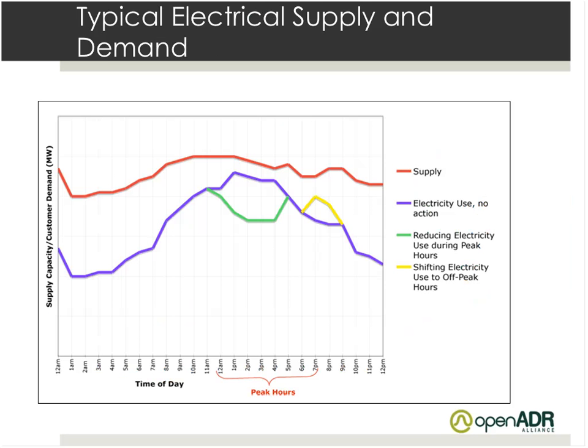So the electric utility industry has, over the years, focused on first demand-side management and then demand response as a core technology for essentially shifting loads from a peak period to an off-peak period. And here we can see in green an area during the peak period from 12 to roughly 6 p.m. where we're trying to shift that demand into an off-peak period, typically 7, 8, or 9 o'clock in the evening. So this idea of shifting demand is pretty commonplace among